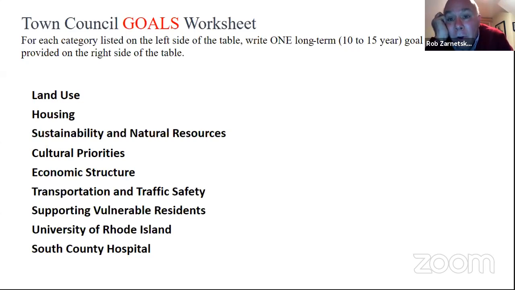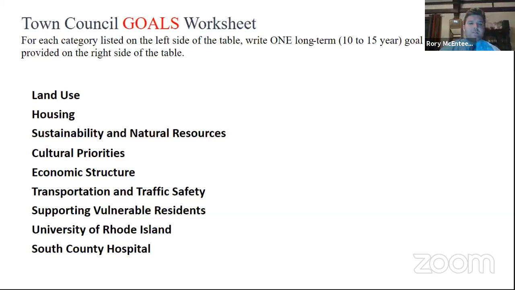We've got to explain our value to the university. The university does not see the value of South Kingstown the way we do. And we've got to understand how to sell ourselves to the university as being a value-adding entity. I don't know how we do that. So maybe that becomes an overarching goal: to increase our value as a community to URI, so that we can then begin to collaborate more effectively. Yep.